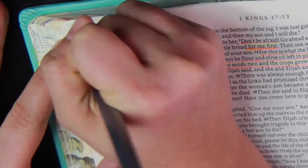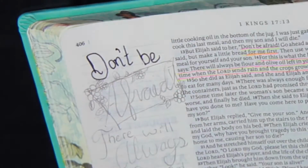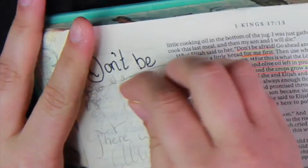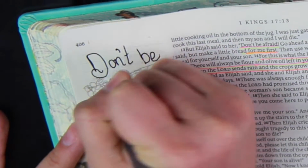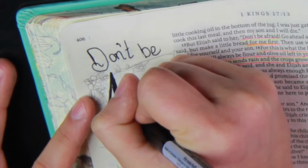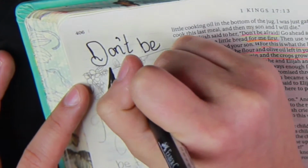And then he stretched himself over the child 3 times and cried out to the Lord, 'O Lord my God, please let this child's life return to him.' The Lord heard Elijah's prayer, and the life of the child returned, and he revived. And then Elijah brought him down from the upper room and gave him to his mother. 'Look,' he said, 'your son is alive.' And the woman told Elijah, 'Now I know for sure you are a man of God, and the Lord truly